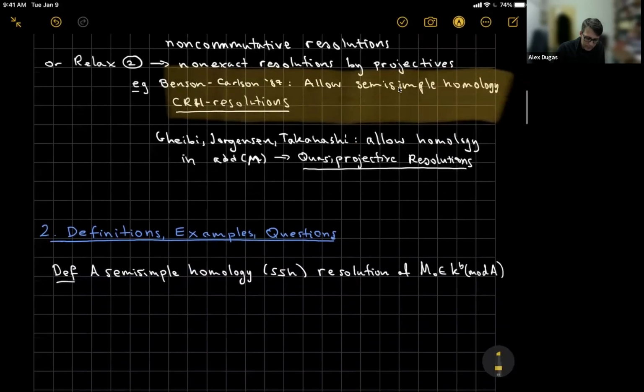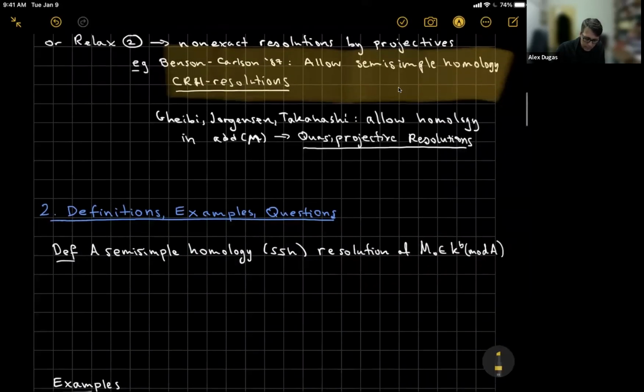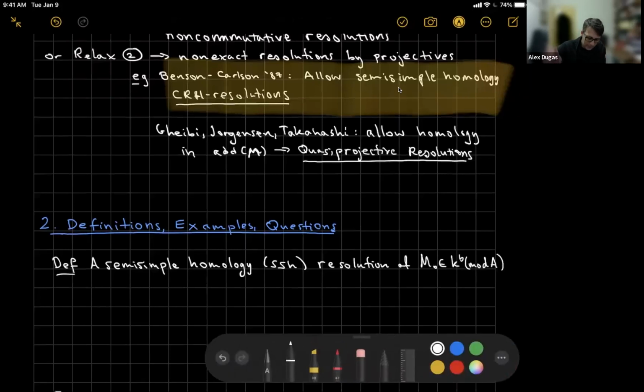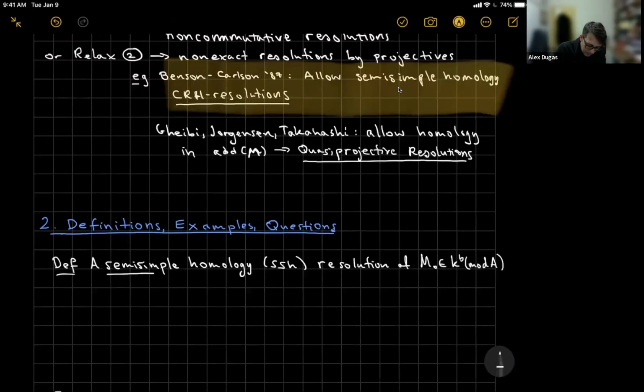questions that arise. First thing, I want to write down a definition of a semi-simple homology resolution, and we call these SSH resolutions for short. We can state the definition quite easily, not just for modules, but for complexes. So let M be a complex in the bounded homotopy category of mod A. A semi-simple homology resolution of M is going to be a map called epsilon from a complex P to M,